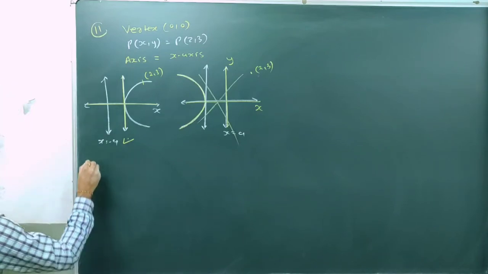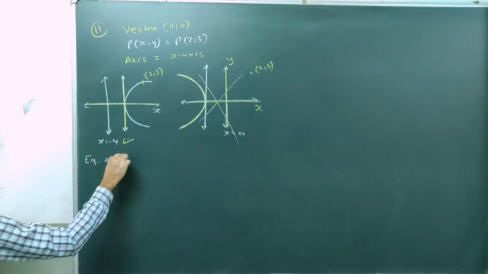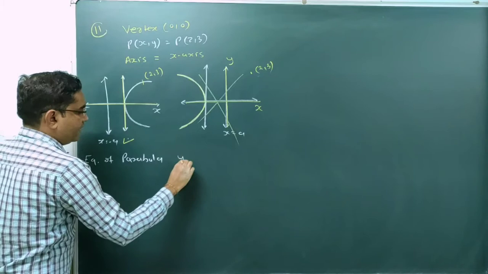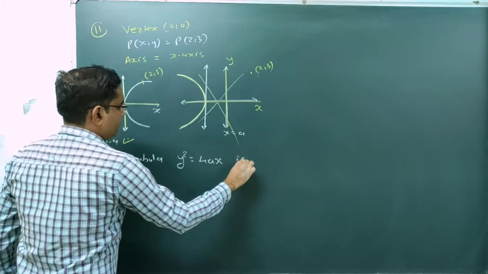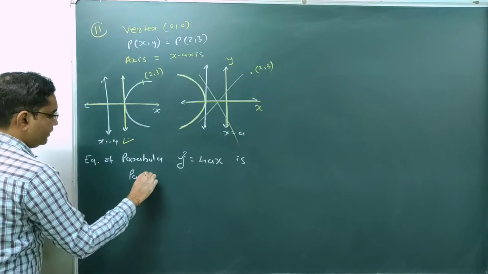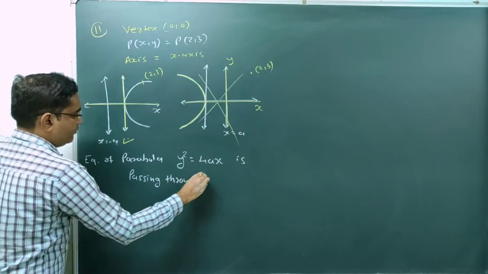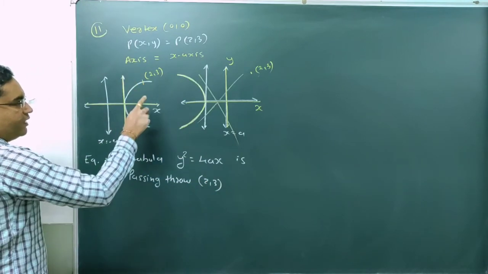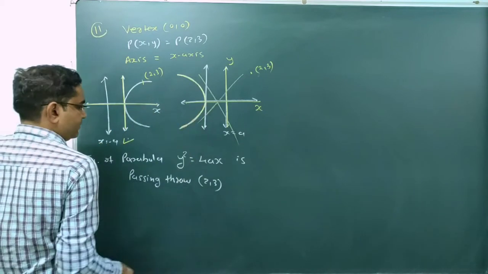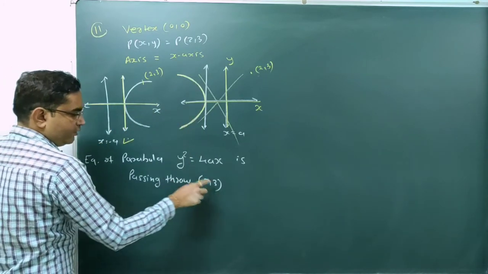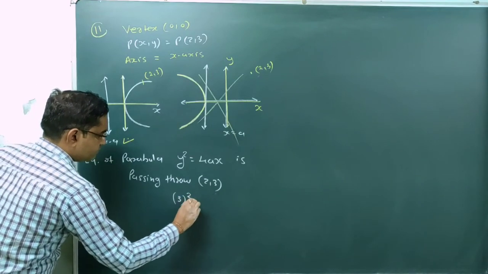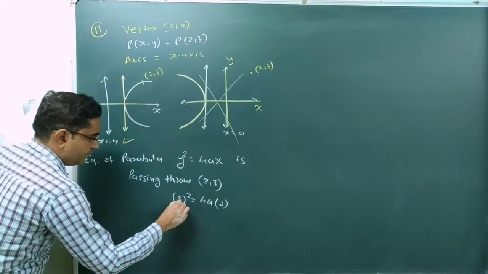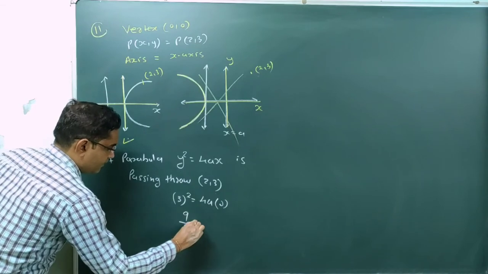So now equation of parabola, है ना. कौन सा होगा ये rightward parabola. It's y square equal to 4ax. This one is passing through the point, which point, (2, 3). Point (2, 3) lies in a first quadrant, and hence our required parabola will be rightward parabola. ये नहीं आ सकता. तो (2, 3) इसको satisfy करेगा. Put y equal to 3, so it's 3 square equal to 4a, x will be 2. So here we are getting the value of a. 3 square 9 by 4 2s are 8 equal to a.